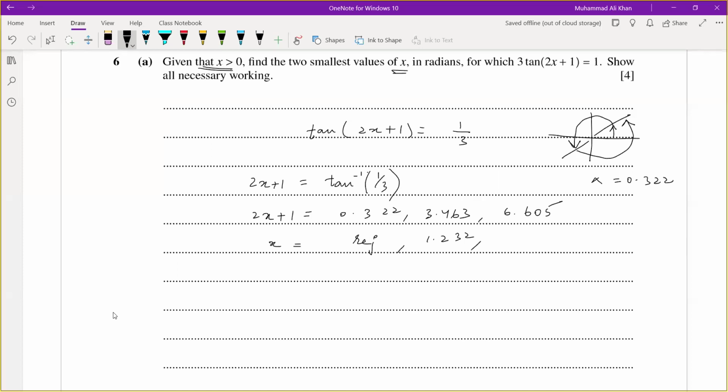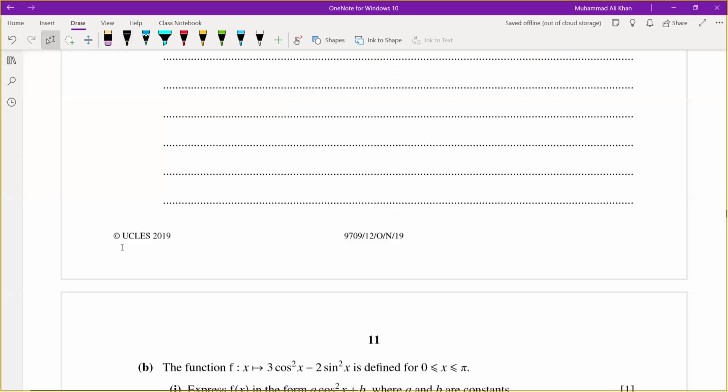Next value, 6.605 minus 1 divided by 2 will give us 2.803. So these are the two values. अगर x greater than 0 नहीं होता तो हम 0.322 वाली वैल्यू को भी यूज कर सकते थे. लेकिन यहाँ पर क्या कहा गया है, x इज पॉजिटिव, तो हम उस वैल्यू को यूज नहीं करेंगे और इसके बाद जो दो पॉजिटिव वैल्यूज आएंगी वो कैलकुलेट कर लेंगे. Hopefully it is clear. Now what we have in the B part,